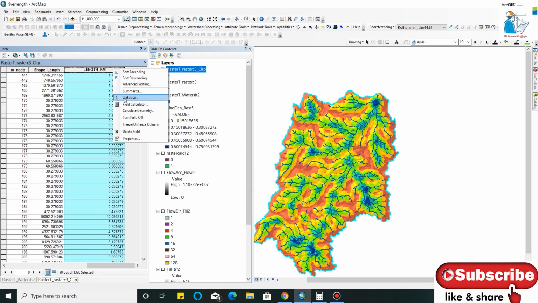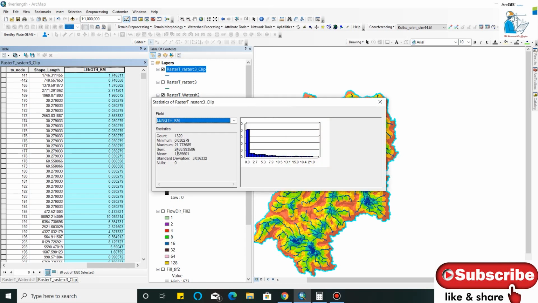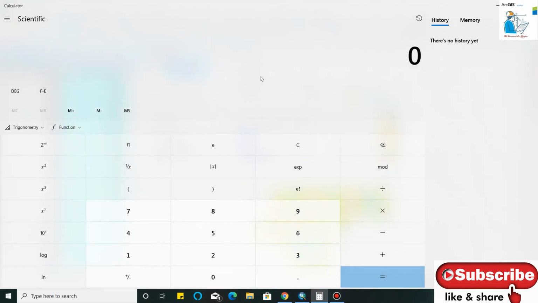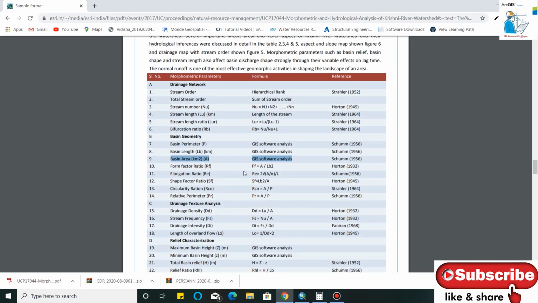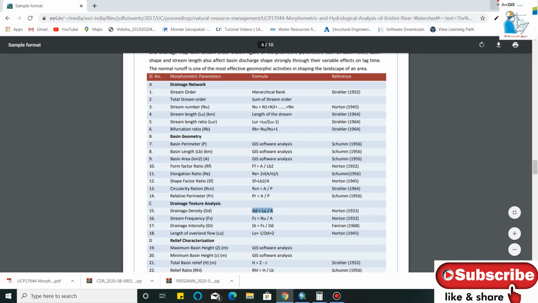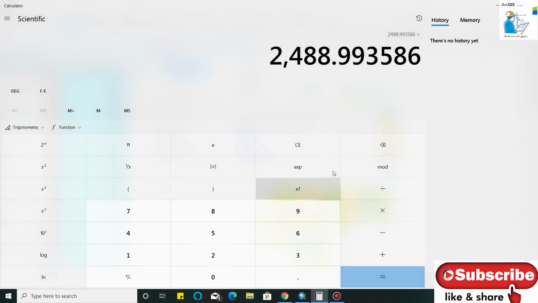I will find the statistics. This is the sum value, 2489 kilometer. I will copy and paste in my calculator and divide with the area. In this formula, drainage density Dd is Lu by area. This is my length.